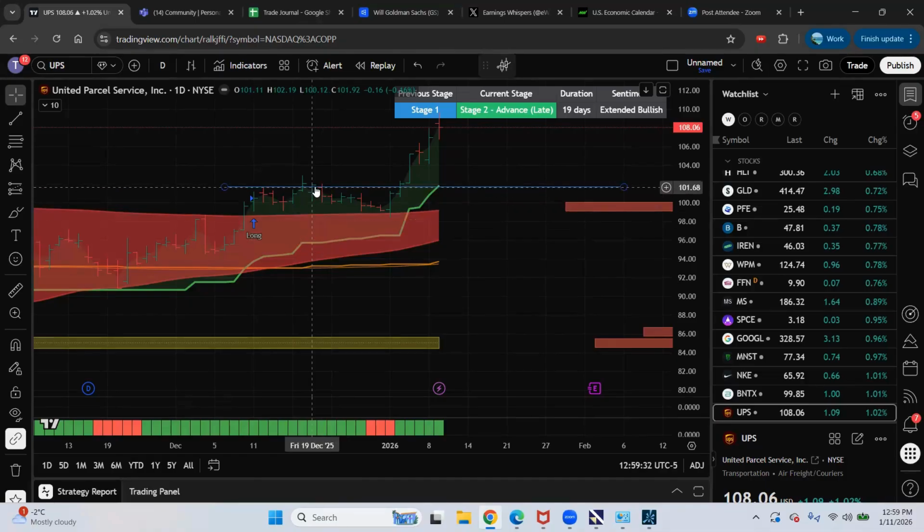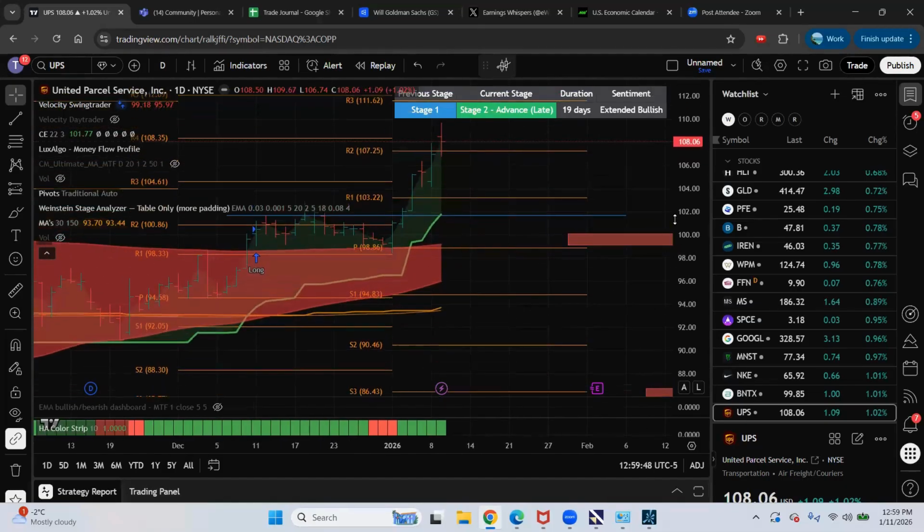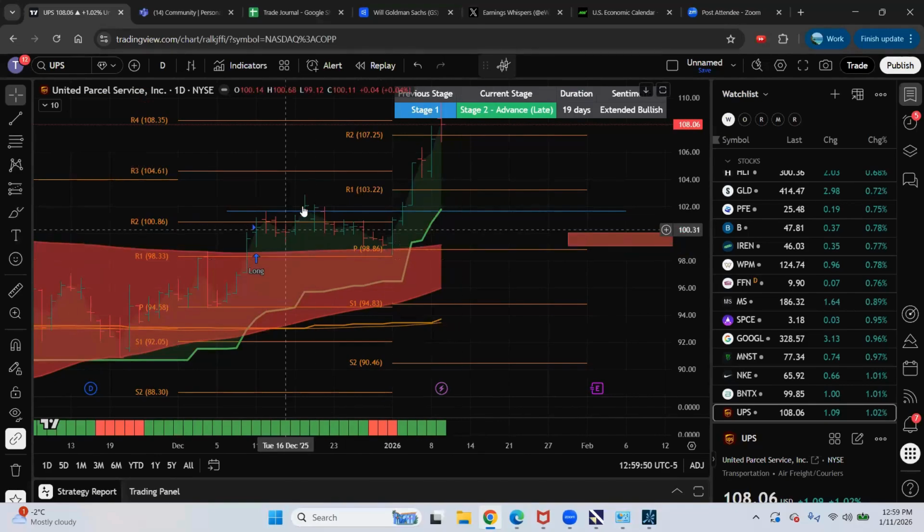So there's my entry. There's my stop loss. I'm not using this. I'm not using this. I want to stay within my 5% stop loss area. And if I put on my pivots, close that here. So from this entry on the 18th, my first target would have been right around 104, but